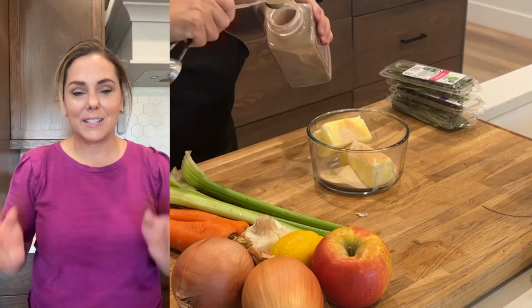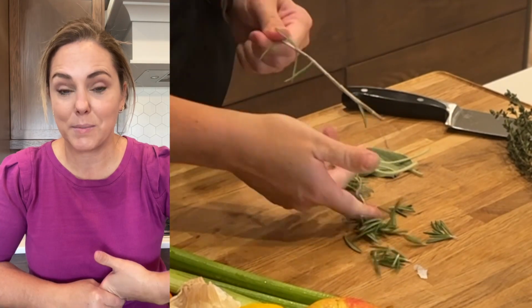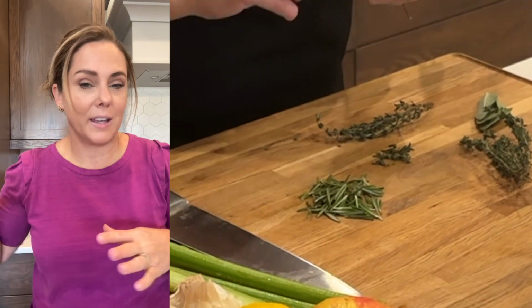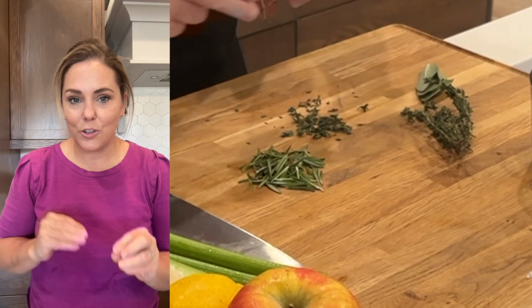Now, the first thing I'm going to do is to make a compound butter, and I like to make this butter and put all of the seasonings and the herbs in it. And this is actually something I learned from Gordon Ramsay. He is so good at making his turkey. Mine is a little bit different than his, but he also has a great YouTube video on how to make a whole roasted turkey. So I'm going to make my compound butter, and I like to use fresh herbs here,